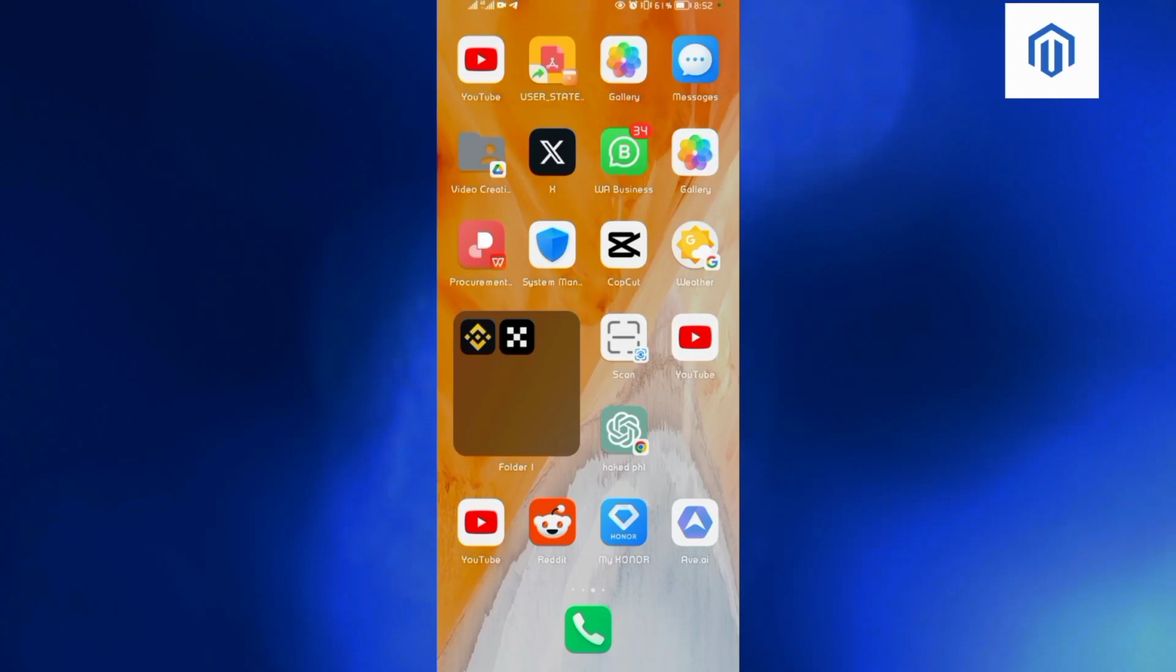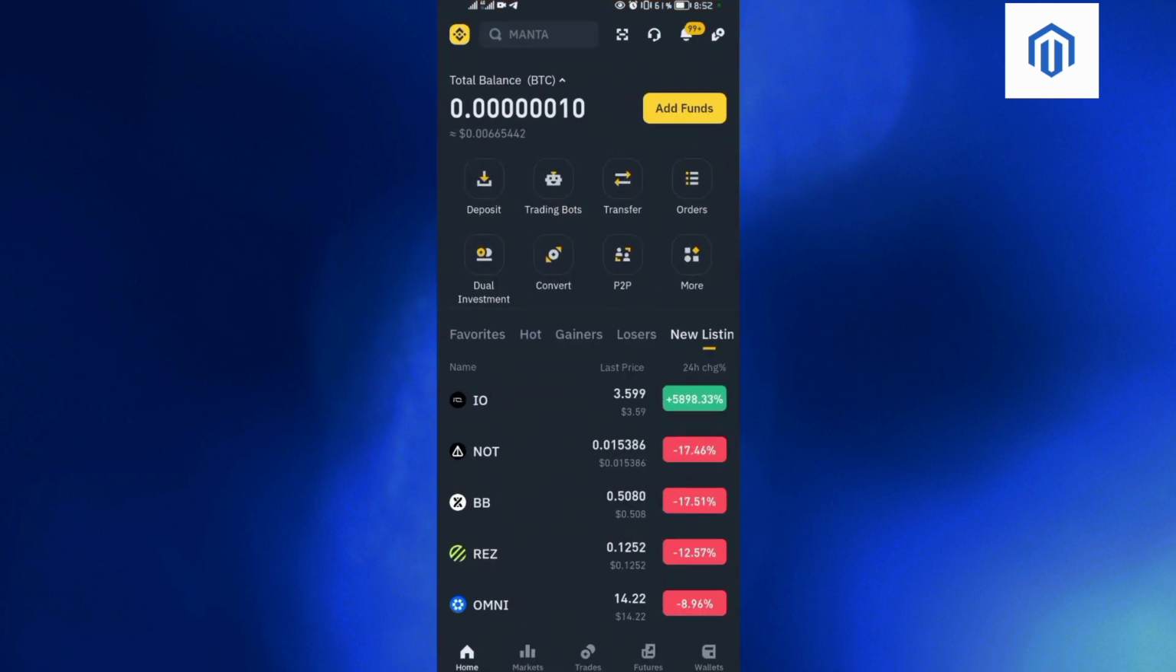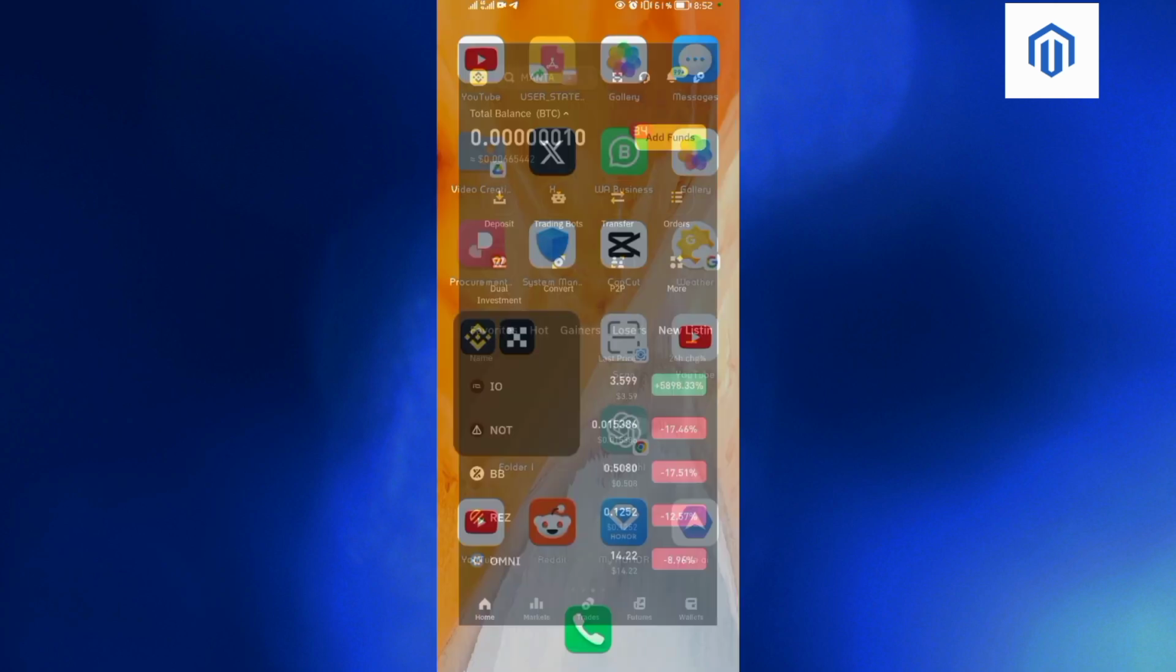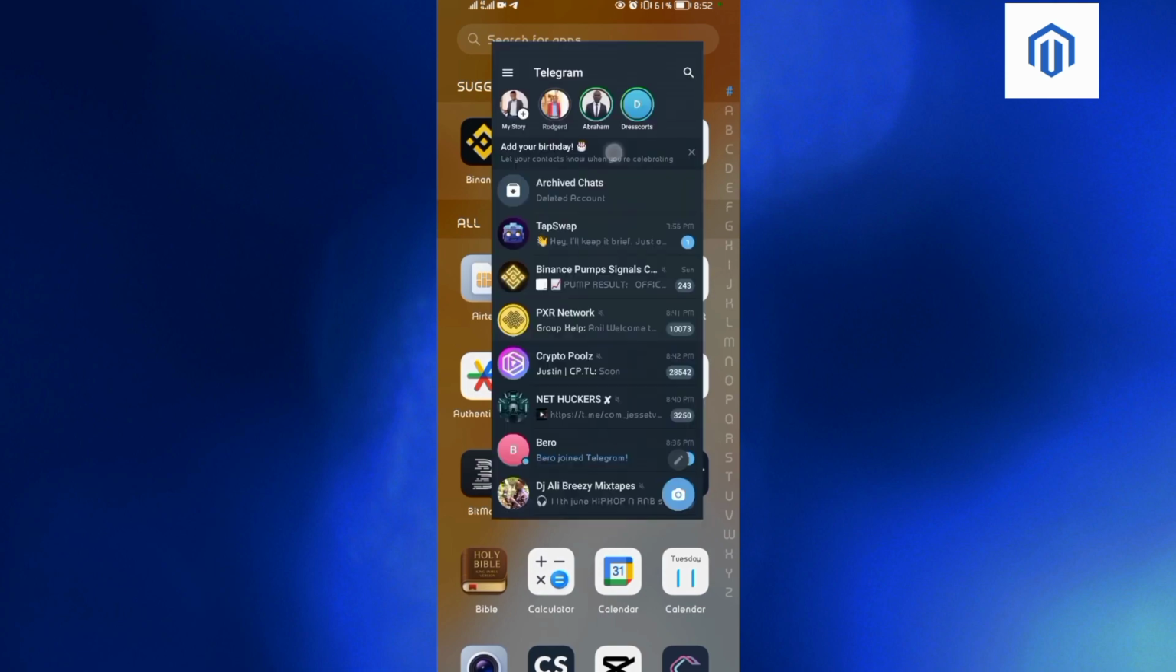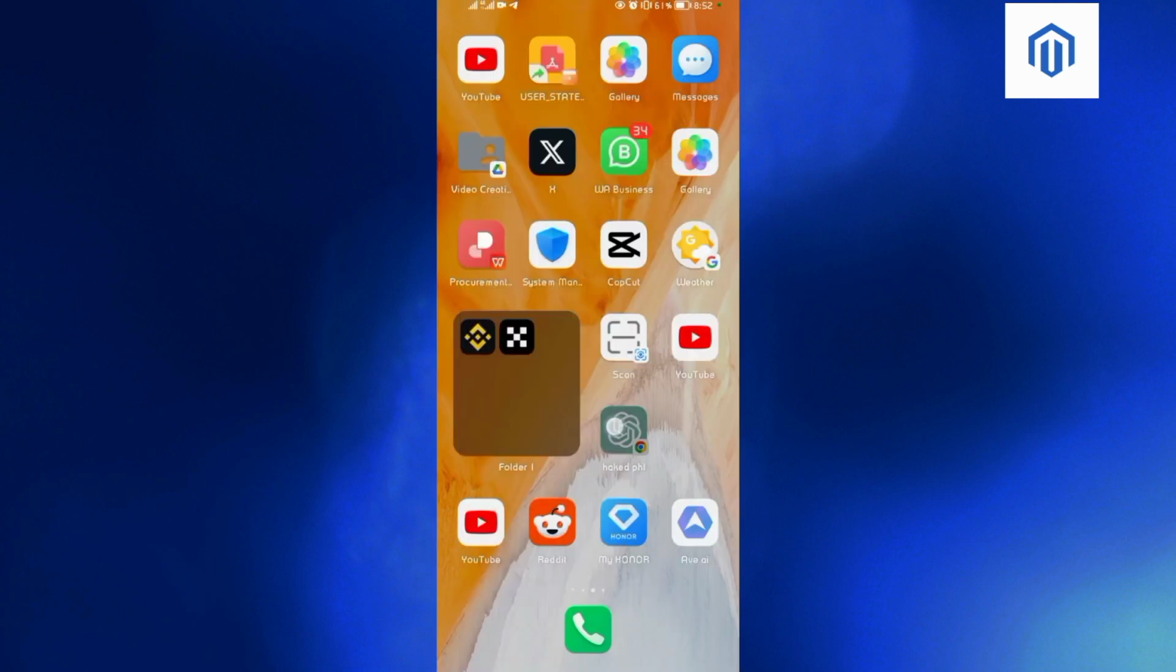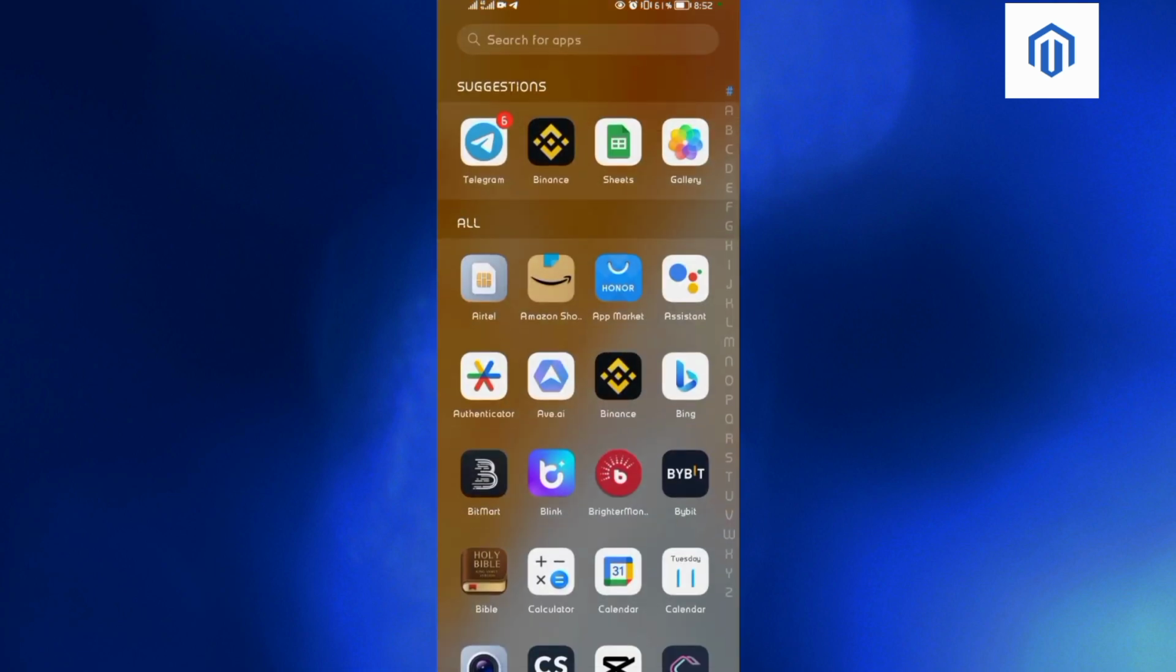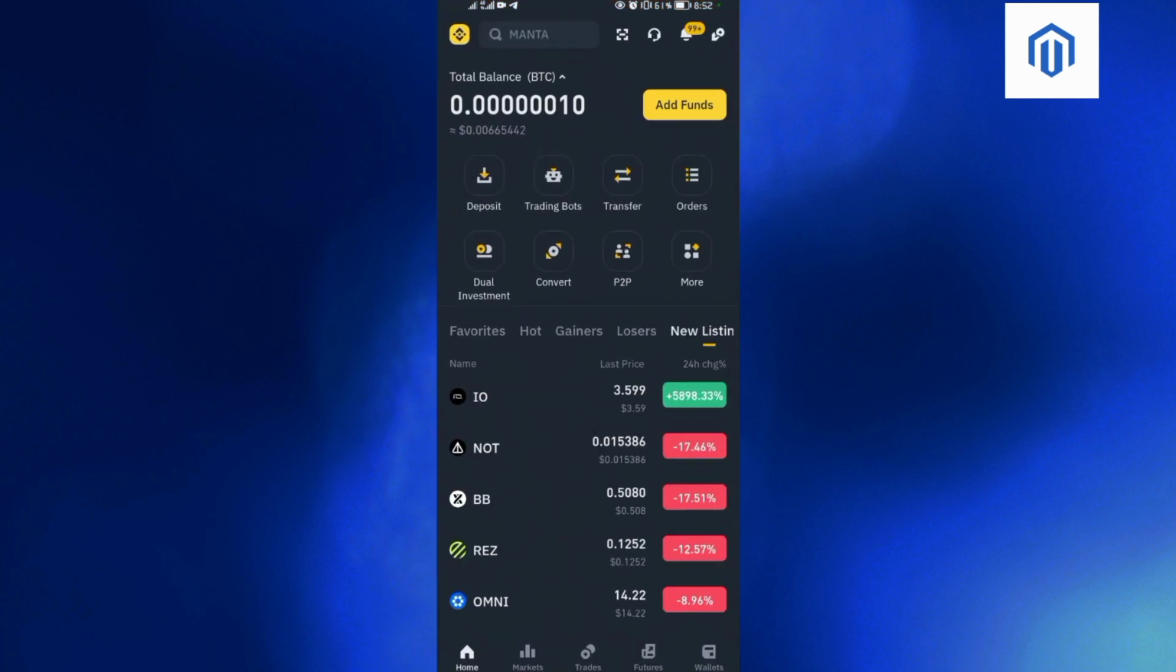In today's video, I will show you how to withdraw NOTCOIN from Telegram wallet to any exchange. For my case, I'll be using Binance, in which I'll withdraw NOTCOIN from Telegram wallet to my Binance account. So the first step is to come to your Binance application and then come to add funds over